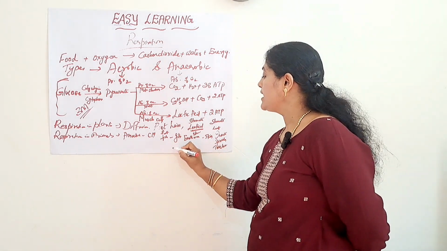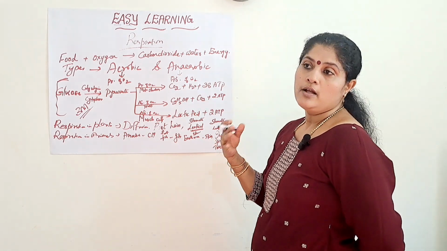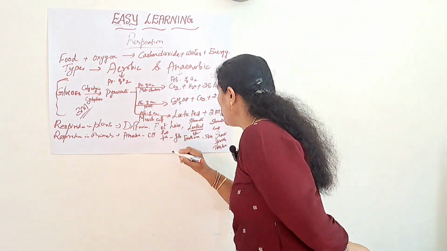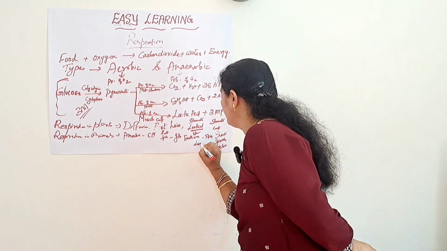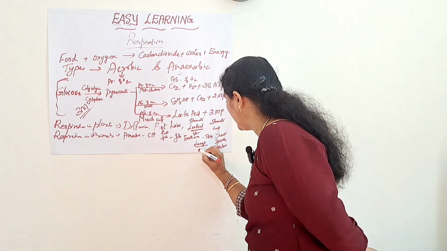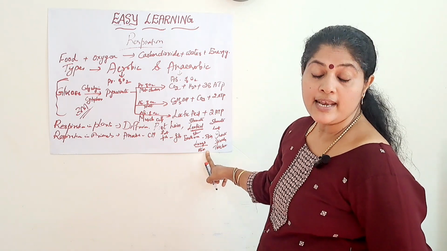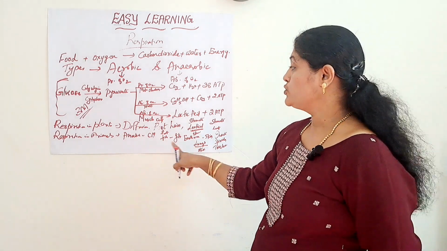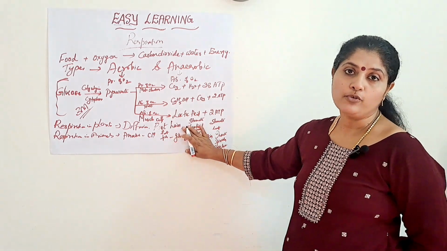In the same way, other organisms like frog, lizard and human beings all come under this. For these, the respiratory organ is the lung. But in the case of frog, there are two: the skin and the lung. When it is in water, it respires with the help of the skin, and when it is on land, it respires with the help of the lungs. So these are the main respiratory organs of different organisms that you have to know.